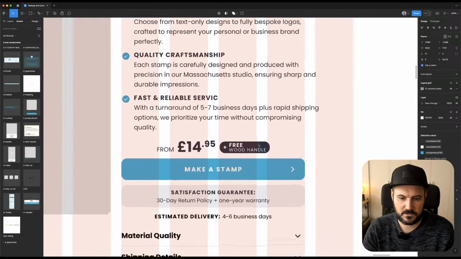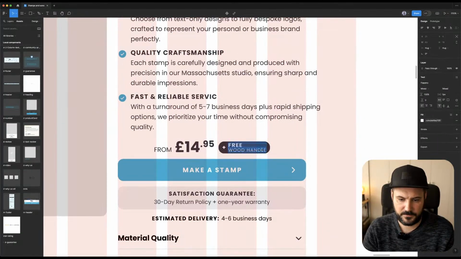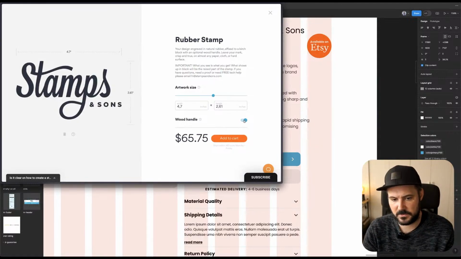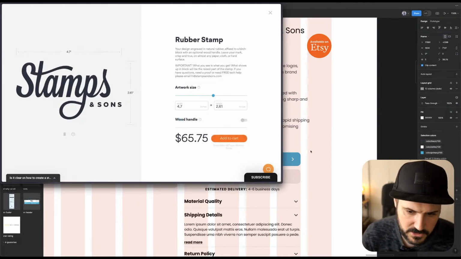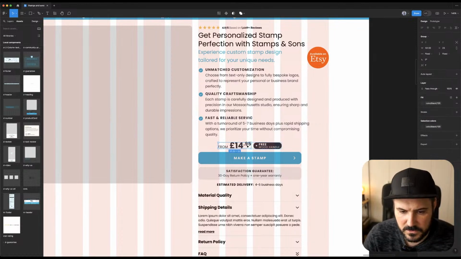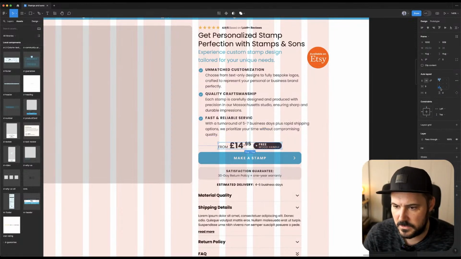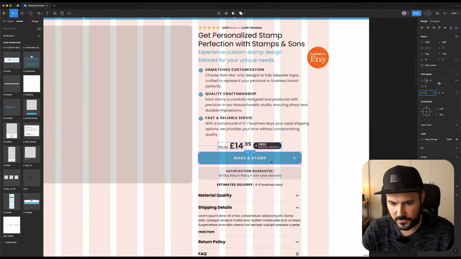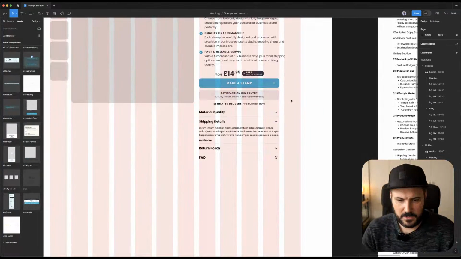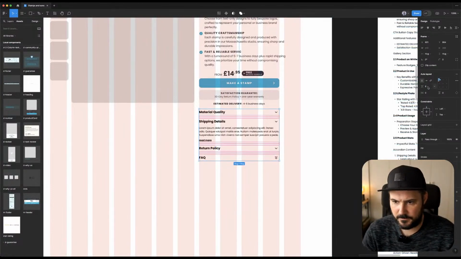We can always have an optional text here as well. But if we can say free one handle, they can remove it or not. So it's just their choice. We won't lose anything, whatever they choose to make. Okay,